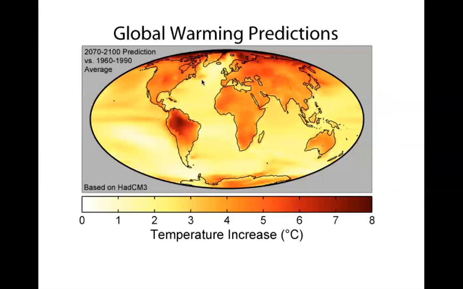So, again, here are the predictions, looking out to about a half century from now. So this is 2070 to 2100. You can see again, overall, we're going to see increases in temperature. And I mentioned the average worst case scenario is about 4 degrees Celsius. But because that's an average, some places are going to warm less, whereas other areas are going to warm